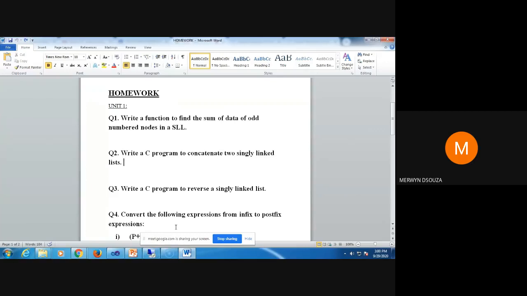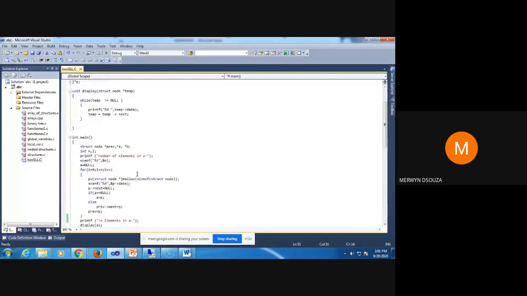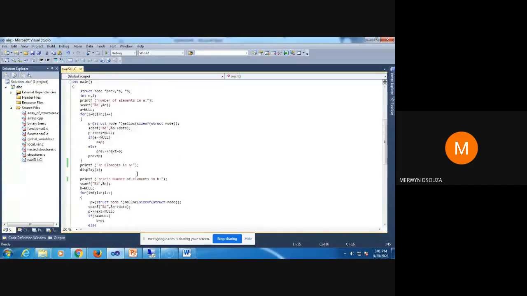So I will just show you one program where I'm creating two singly linked lists. I'm not doing this question 2 fully. I'm just doing the first part of this question 2, where you need the input. You need the input of two singly linked lists. So the program looks like this. I'm not going to explain each and every line to you.